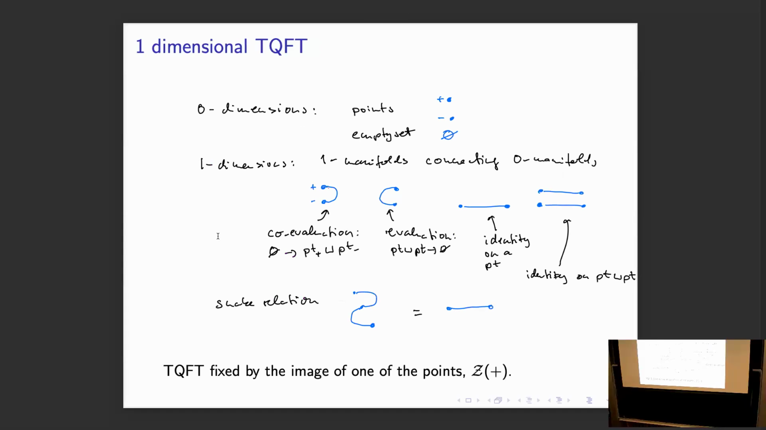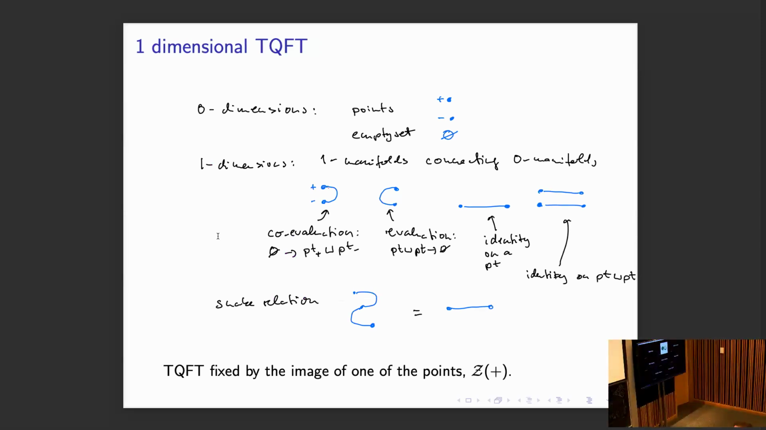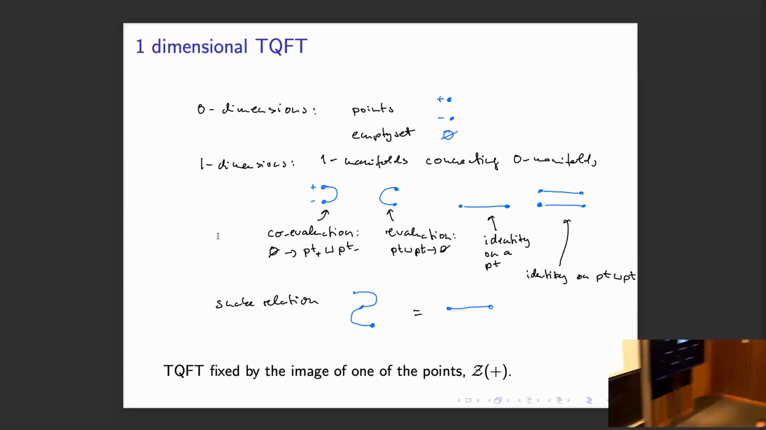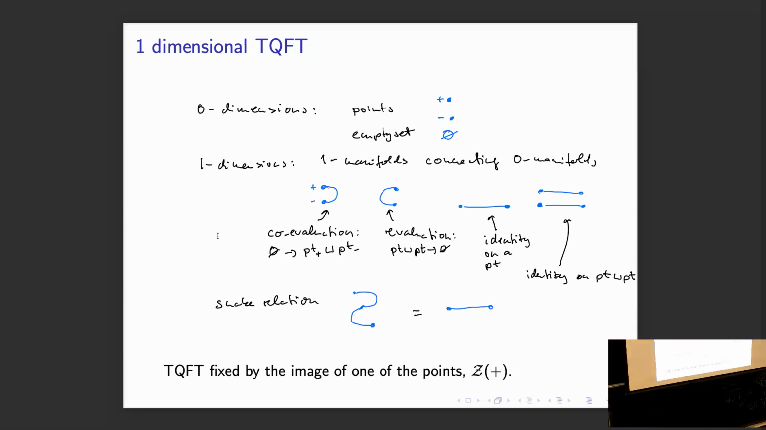Okay, let me discuss one-dimensional TQFT where objects are 0 dimensions and the morphisms are one-dimensional. I want to give everything an orientation. So there are two versions of points, labeled plus and minus, and there's also the empty set in the category. And then we can draw all